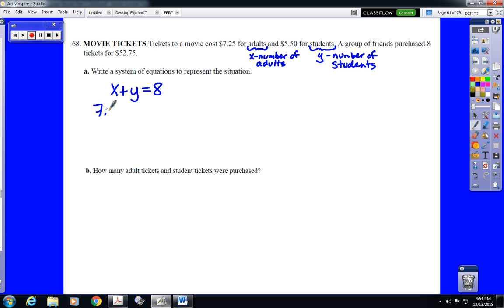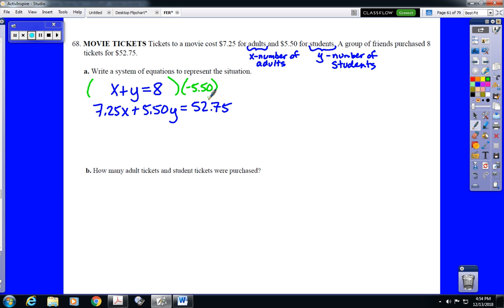So we'd say 7.25x, because each adult ticket is $7.25, plus $5.50 for the kid tickets, 5.50y, equals $52.75. So again, we just need to run an elimination on this for Part B. So the first step in Part B, and I'm not going to show it up here, but I'm going to write what I'm going to do, is to multiply the first equation by negative 5.5 so that the y's will